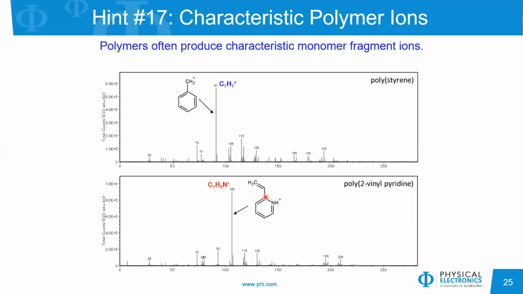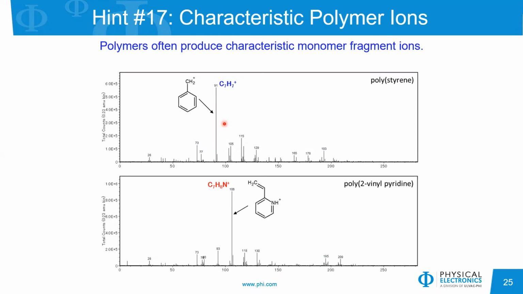For polymers, it is almost impossible to see the molecular ion. They're generally just too massive to see by TOF-SIMS. TOF-SIMS, of course, is very energetic and causes a lot of fragmentation. And so you would never see a polymer molecular ion at 20,000 or 30,000 or 100,000 Daltons, for instance. But very often what we will see in the TOF-SIMS spectrum is the monomer unit for the different polymers that